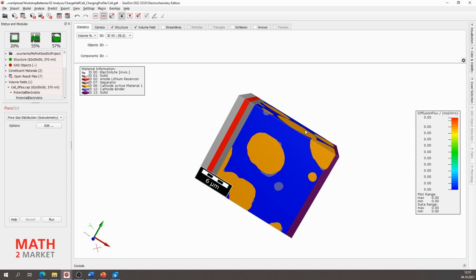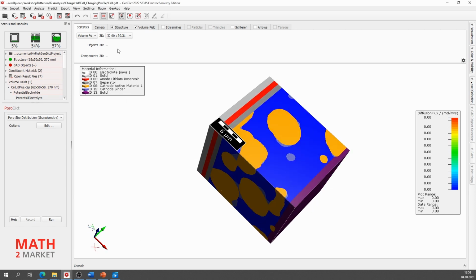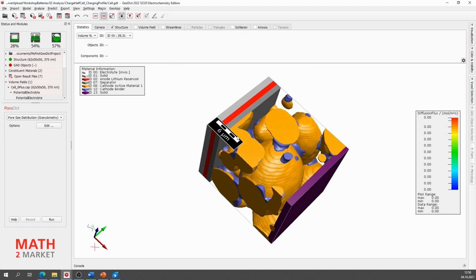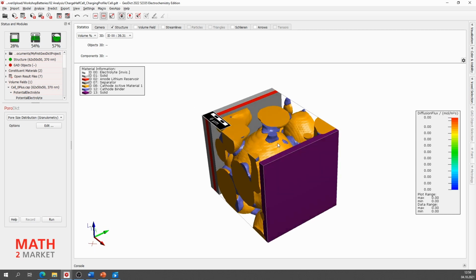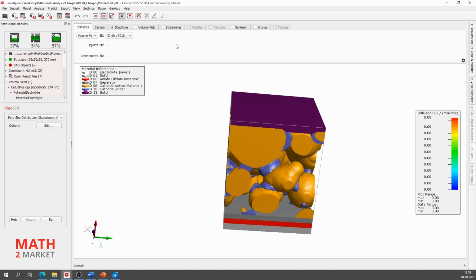And now I'm going to show you how to do the clipping. To do so, we take a nice view of the cell, and then we proceed the same as we proceeded for the streamlines. We first unclip the volume field and we have a look at the electrode, the battery we were building.